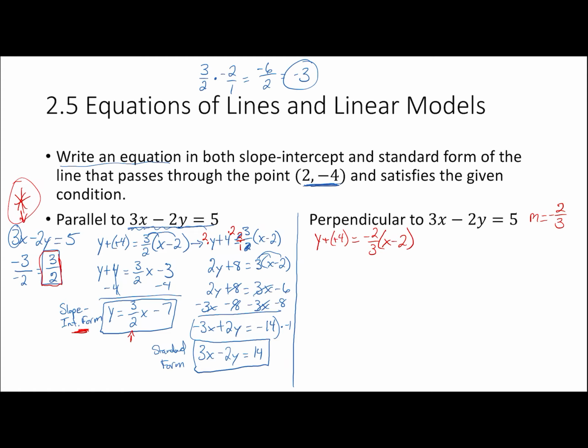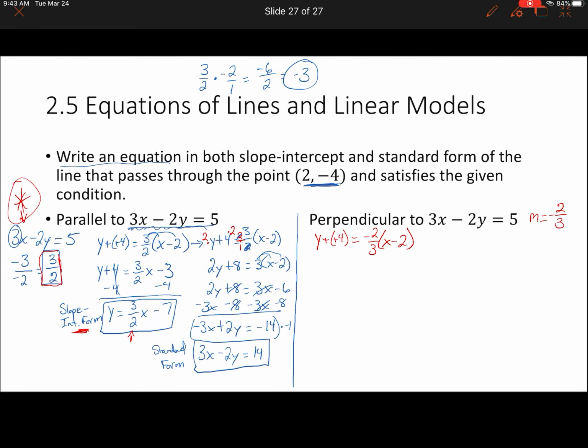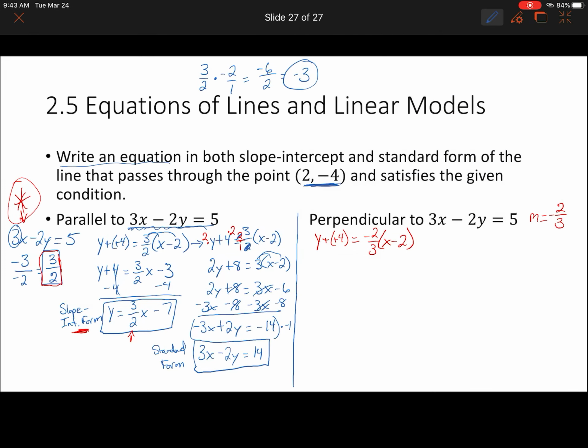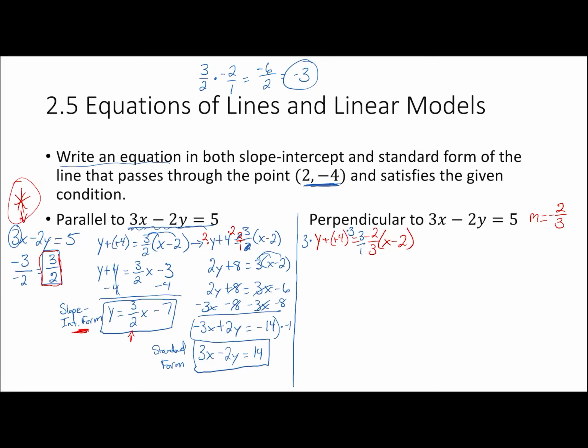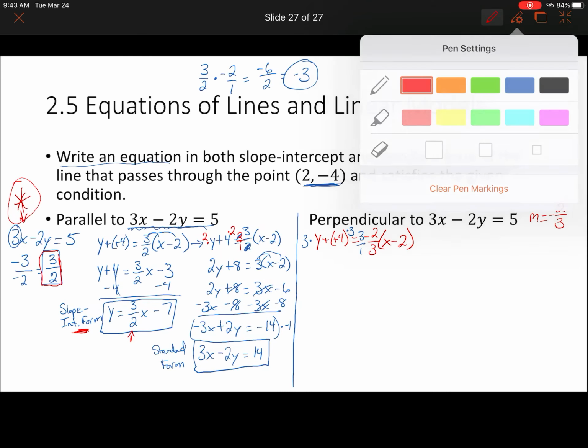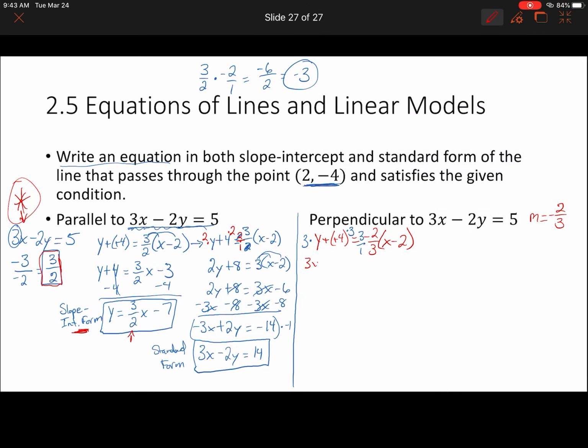And again, that minus and negative makes the 4 positive. And again, we can go to either one. So I'm going to go to standard form first. And so what we'll do here is multiply by 3. That way we get rid of the fraction. And when we do, it's going to give us